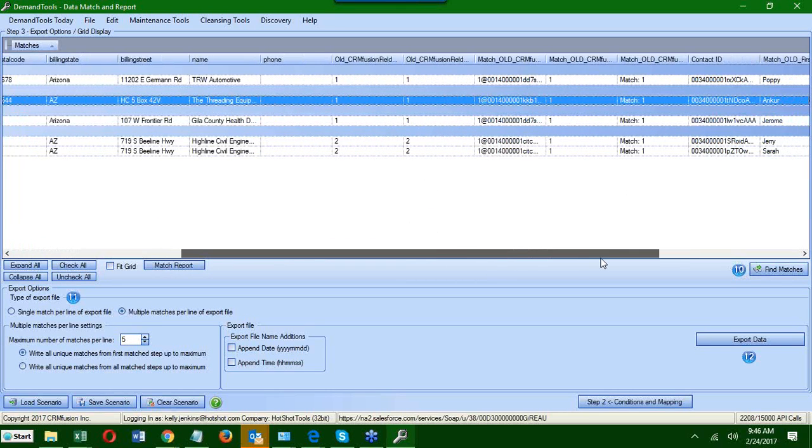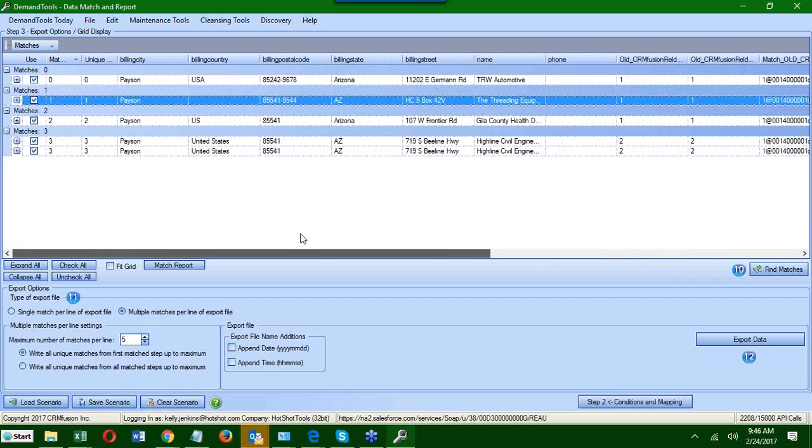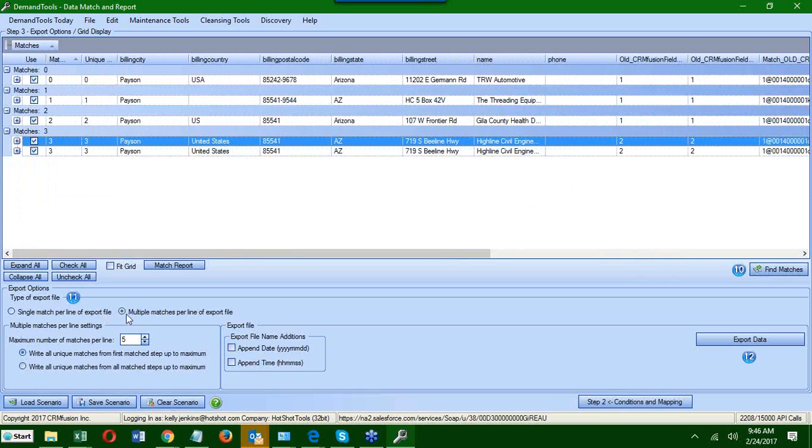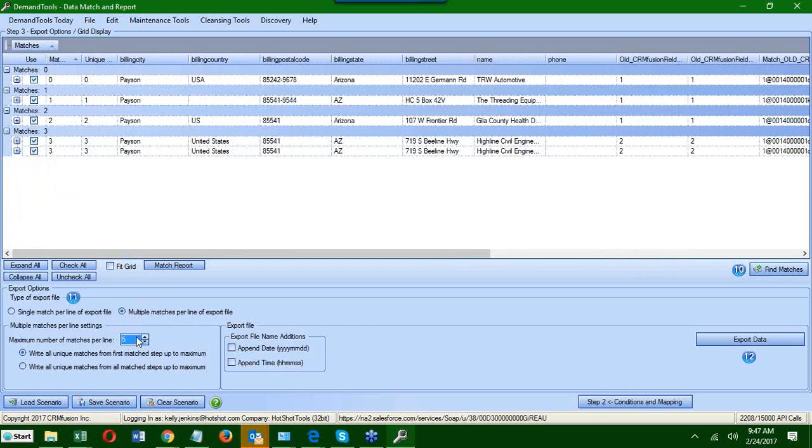These people down here, Jerry and Sarah, it looks like they are on 3 campaigns. So let's export this, and let's use the multiple matches per line of export file just so you can see what it looks like. When we use this option, we actually do have a limit on how many we can export, and that limit is 10. So you can see it's not increasing past 10. So if I had a contact that was on 11 campaigns, I can only write out up to the first 10. So that's one limitation that I don't have in this example,